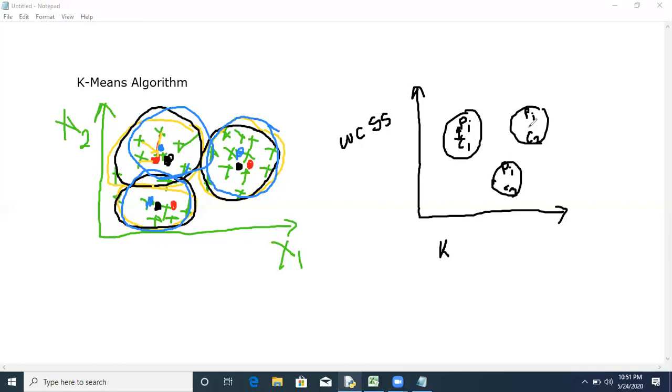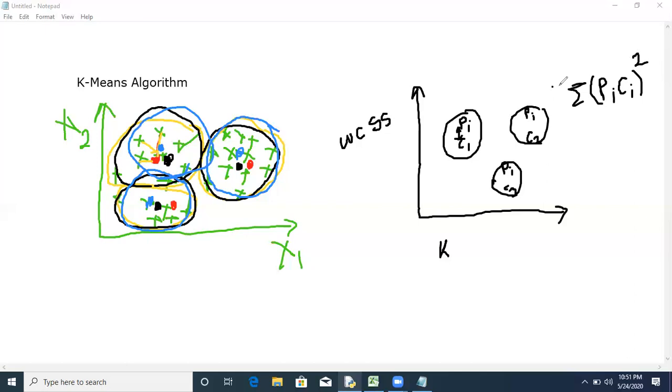Similarly, we'll find the distance of every point in cluster 2 with its centroid, and the distance between every point in cluster 3 with its centroid. Then we'll take the sum of all these values, the summation of the distance between Pi and Ci, squared.